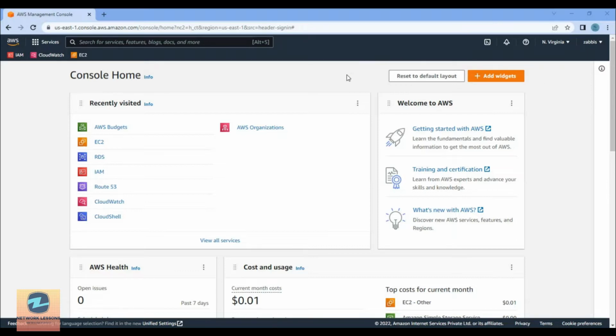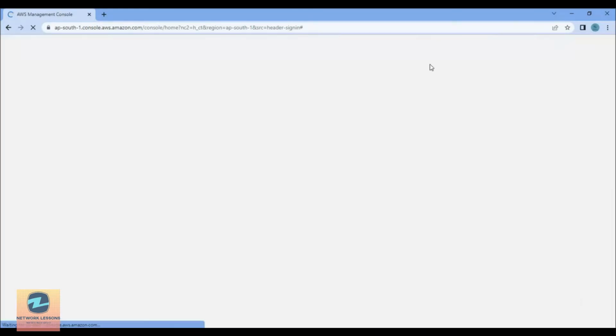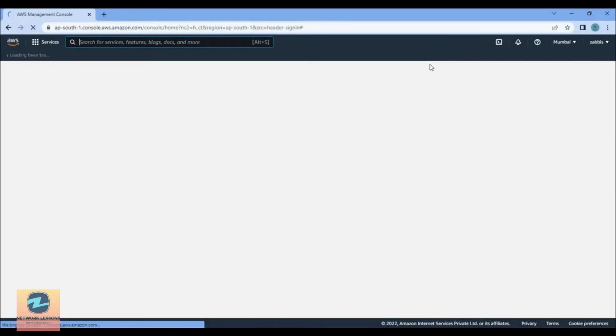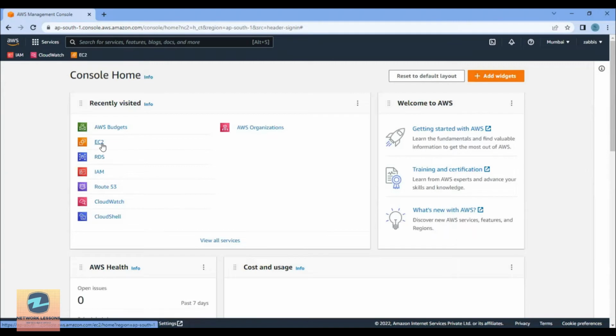First thing you need to do is log into your AWS console, and then make sure that the region where you want to spin up the instance is selected here. So for example, I want to spin up the instance in, say, Mumbai. So I'll go to that region, Mumbai, and then I will go to the service EC2. Now you can go from here as well. You will just search for EC2,